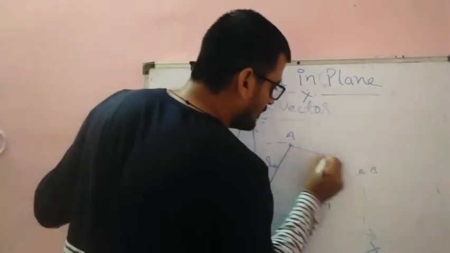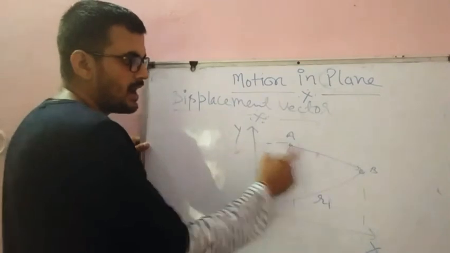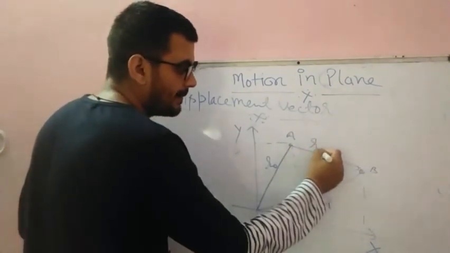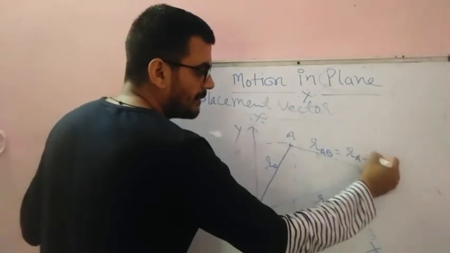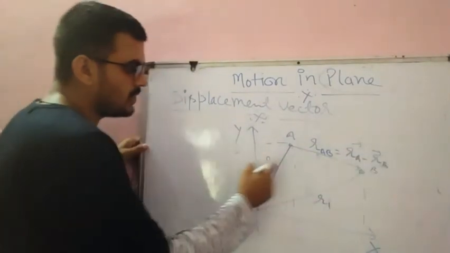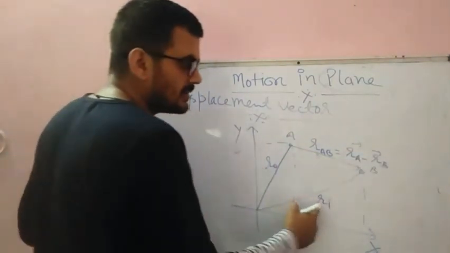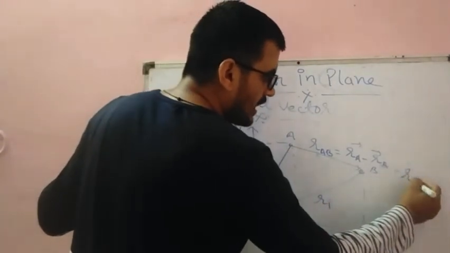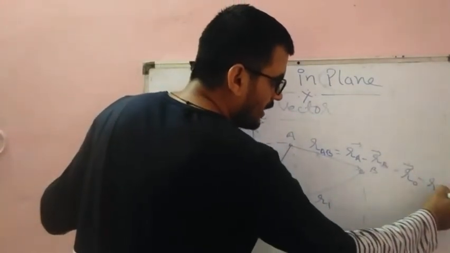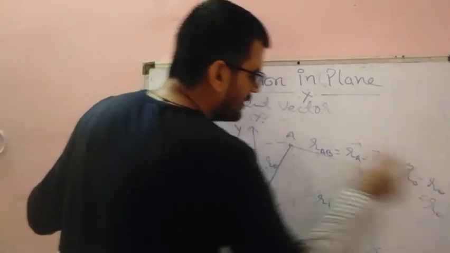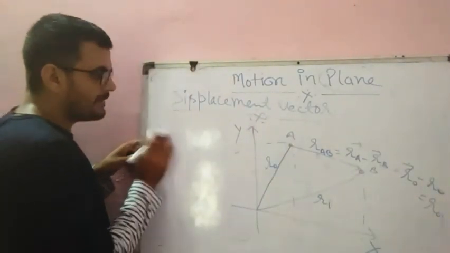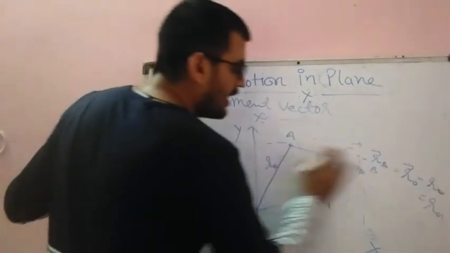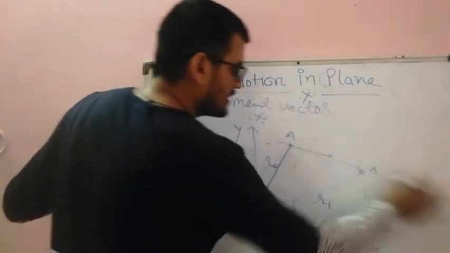So displacement vector will be this, RAB. RAB means RB minus RA. You can write it also, this one is R0, this one is R1. You can write it also R1 minus R0, means R01. देखो यहाँ पर मैंने लिखा है RAB. सबसे बेस्ट ये रहेगा कि हम इसको सिंपल R01 से ही दिखाएं.